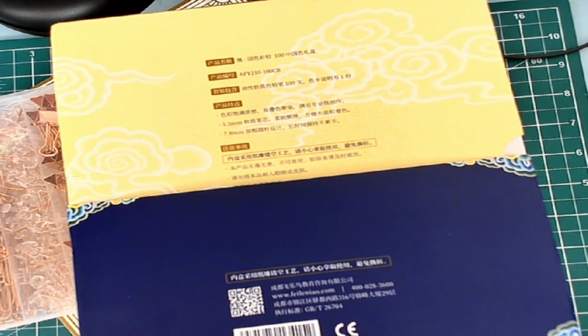Another thing that I have bought, sorry, I was out digging in the garden and I just noticed that I've got some garden dirt stuck under my nail. Okay, so